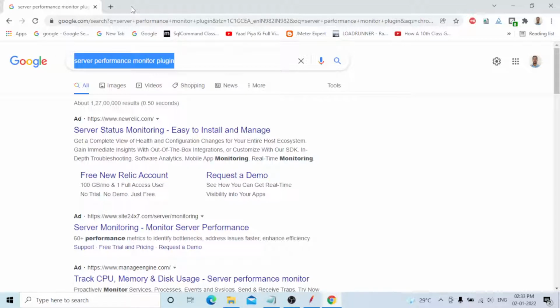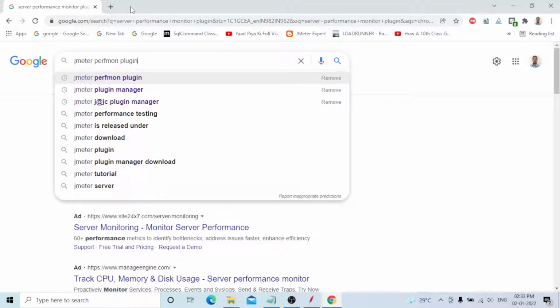You can type PerfMon server performance monitor plugin download. You can see this is the plugin, the JMeter PerfMon plugin.